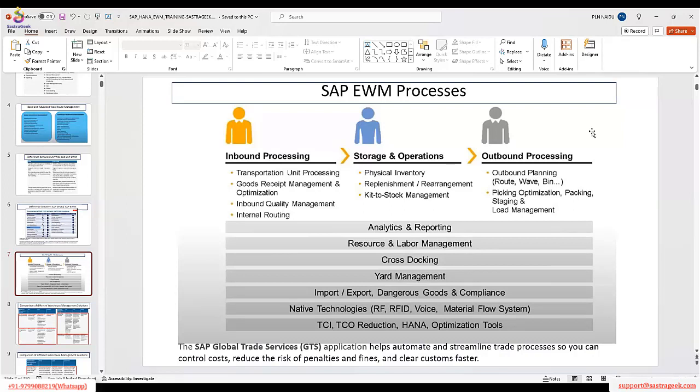Okay, and we will go for the picking optimization, like how we are going to improve the picking efficiency, the packing efficiency, and staging. These are the typical operations, but we will cover almost all the process. And in EWM, we also see the analytical reporting. Anyway, on day one, we will start explaining how to see the analytics and reporting. And resource management, yes, because at the end of the day,